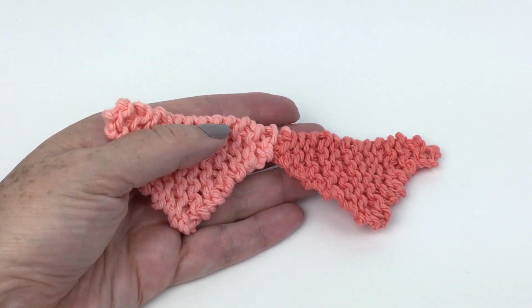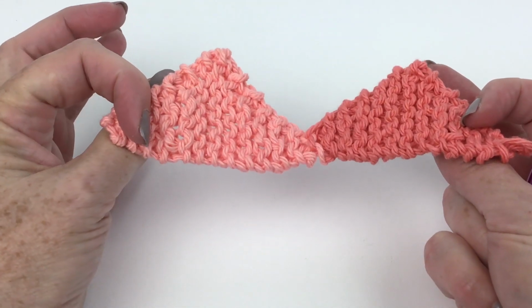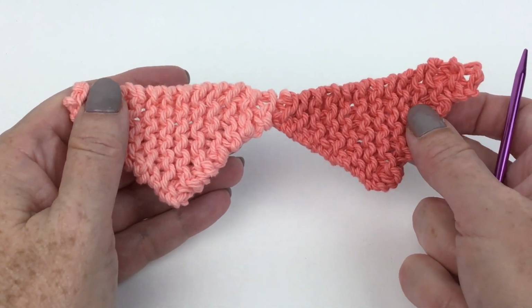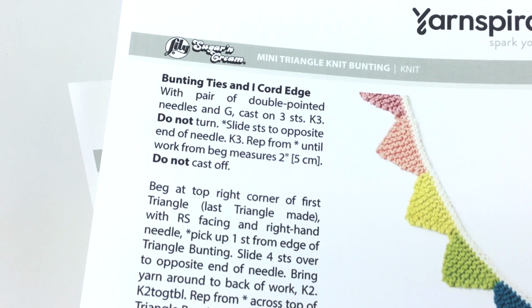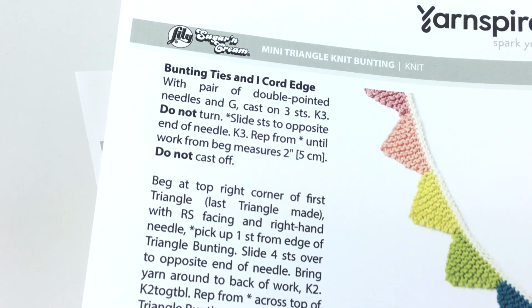So there are my little triangles. I wove the ends in so that I wouldn't have a mess while we were going on to the next step, and your piece of course will be much longer. But now we're moving on to where it says bunting ties and I-cord edge, and that is on the top of page 2. So it says with the pair of double pointed needles and G, which is the soft ecru,